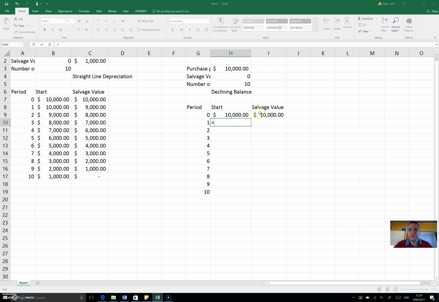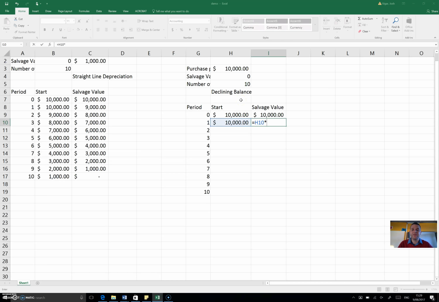Our first year, the starting price is the same as the salvage value when we bought it. Then, according to the problems in the assignment, our salvage value is what we started at the start of the year. Whoops. Now we're going to have to use the Excel times, which is your star, shift 8,